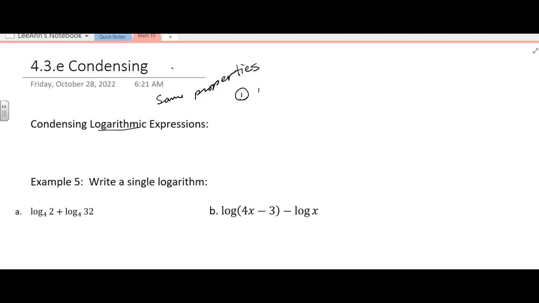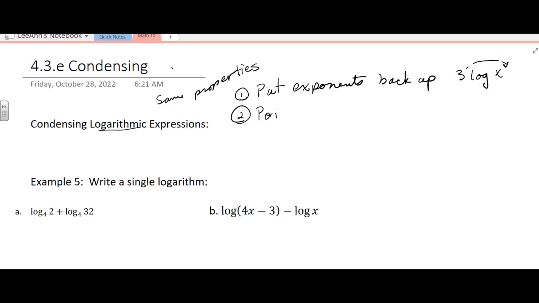So first, put the exponents back up. Like if you have a 3 in front of log x, you're going to put the 3 back up in its spot, okay? Then